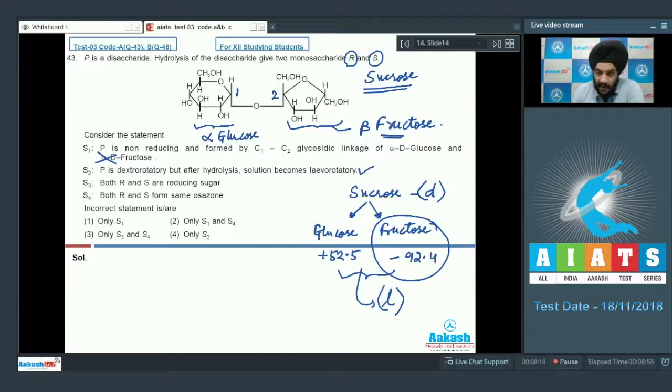If you look at statement 3 now, both R and S are reducing sugars. Students, we know that both glucose and fructose are reducing sugars in fact. So this statement is also correct. Statement 4: both R and S form the same osazone. Students, osazone is formed